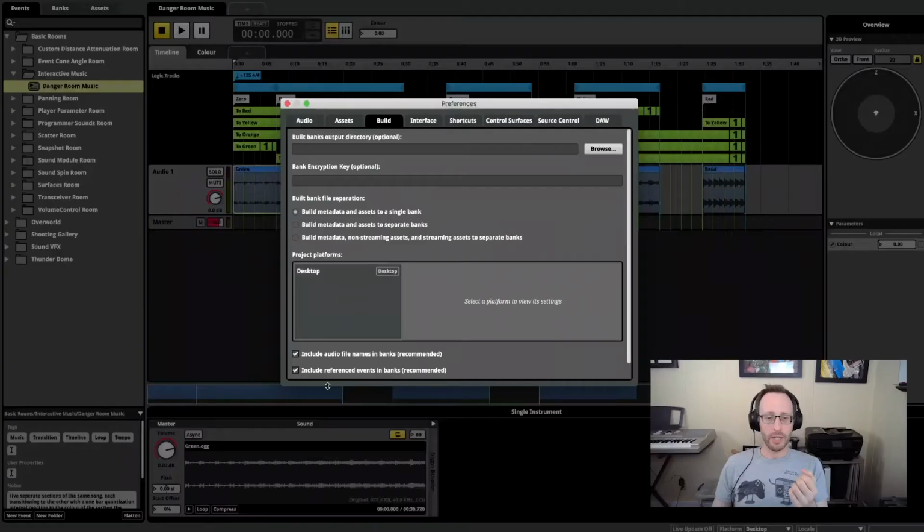One last thing, when dealing with Fmod Studio projects, there is one set of adjustments that need to be made, or at least, in fact, they're defaults. So there shouldn't need to be any changes, but you have to make sure that they are checked. Actually, it's just the one thing: Include audio file names in banks. Choreographer needs to be able to identify the audio files that are played back. And it does that by using Fmod Studio's capability of storing the name of the audio file inside the bank